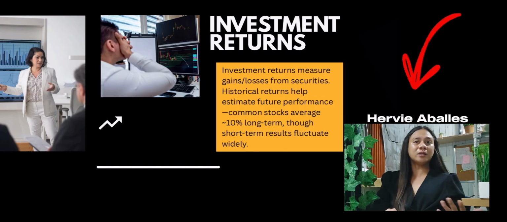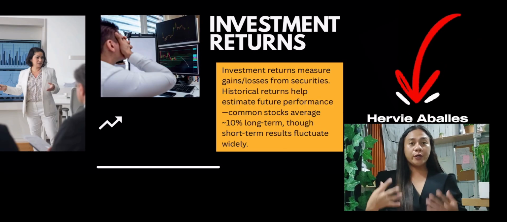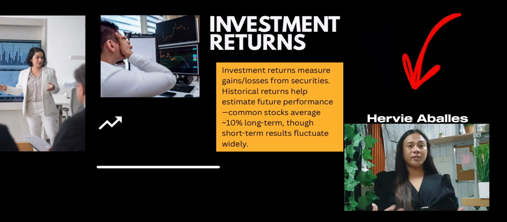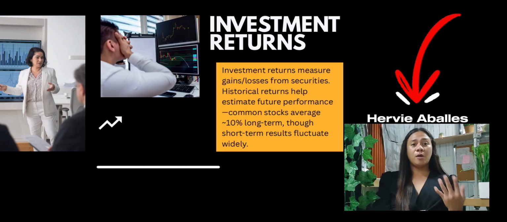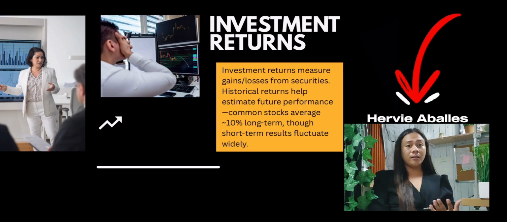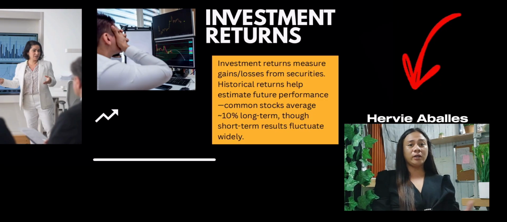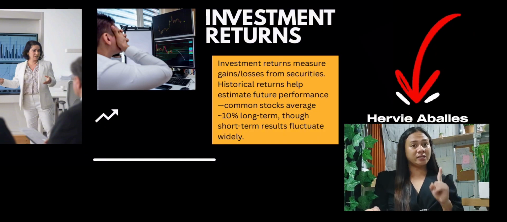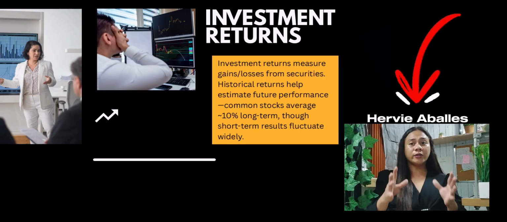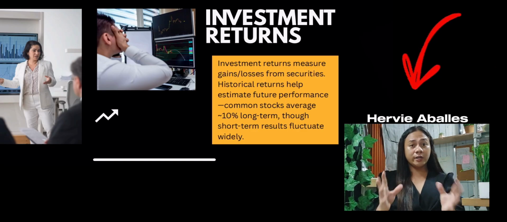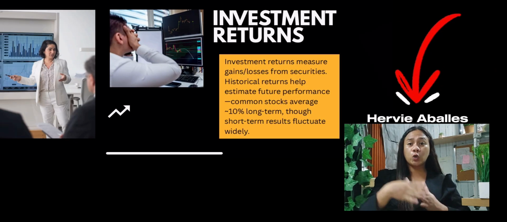So investment returns measure the gains or losses from securities. Historical returns help to estimate future performance. Common stock averages 10% over the long term, and the short-term results fluctuate widely. For example, if you invest 10,000 in stock over the long term, in 10 years, at an average of 10% yearly return, it could grow to around